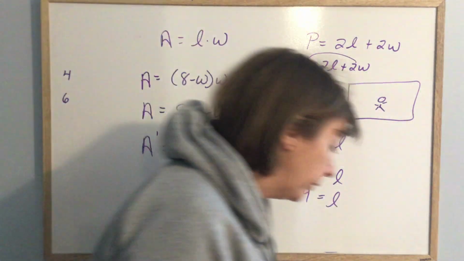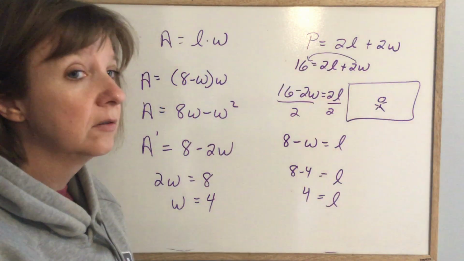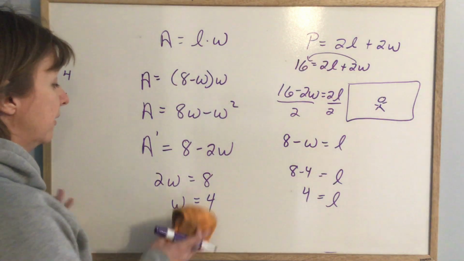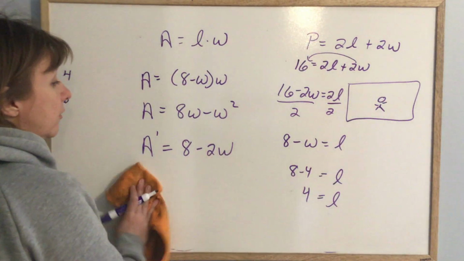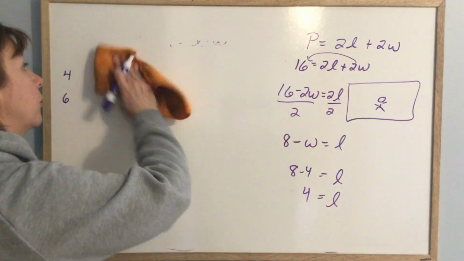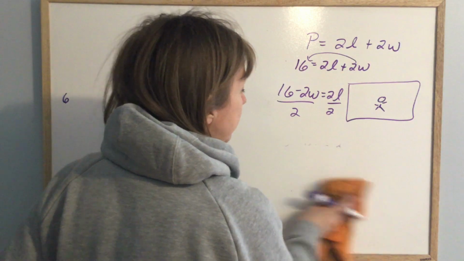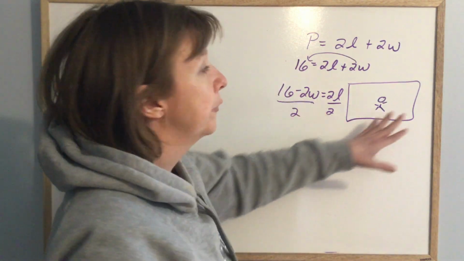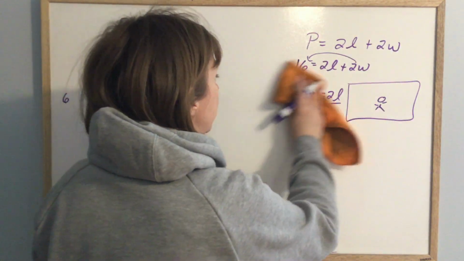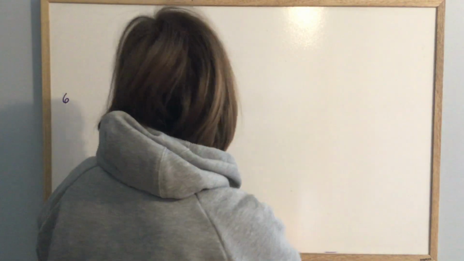And I said before, if you just have a regular 4-sided rectangle, to maximize space, you're going to want to make it a square. That's why it came out to be 4 by 4, because that's a square. Now, it doesn't always come out to be a square because it's not always a full rectangle where you've got all 4 sides. Number 6,